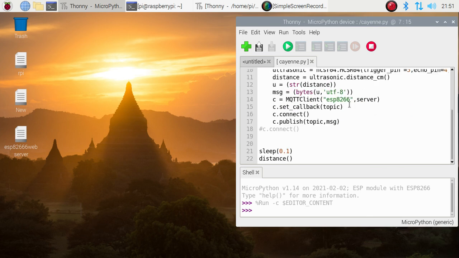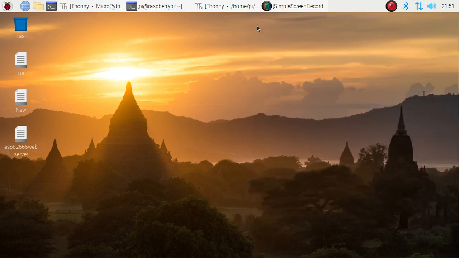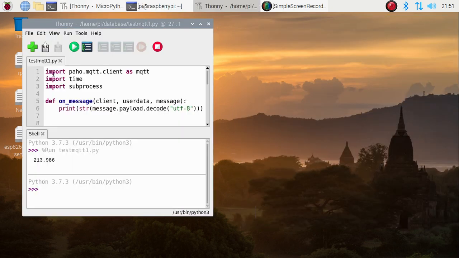So this is our broker, and I have a subscriber also. The subscriber is our Raspberry Pi. So the subscriber is the Raspberry Pi and the publisher is the ESP8266. For the subscriber, you all know, I think, friends, we import paho.mqtt.client as mqtt. This is the module we always use for configuring the MQTT client on Linux. Then we define a message function.